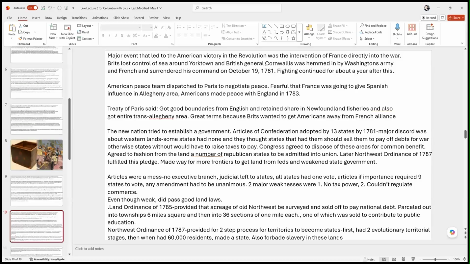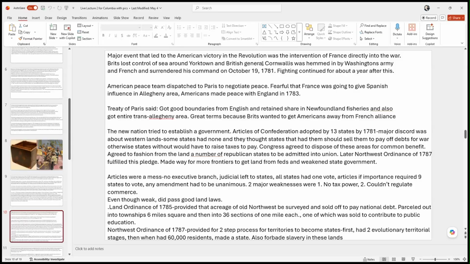Up to this point, it had kind of almost been like a guerrilla war. The British were fighting. Now they had a major European enemy who had come into the fight. The French sent a big army, a big navy over to America. And that basically tipped the balance. And after that, for a while, the British tried to fight on, but they were outnumbered. It was too much effort, and eventually they were forced to sue for peace. And the British and Americans signed what was called the Treaty of Paris, 1783, and that ended the Revolutionary War.